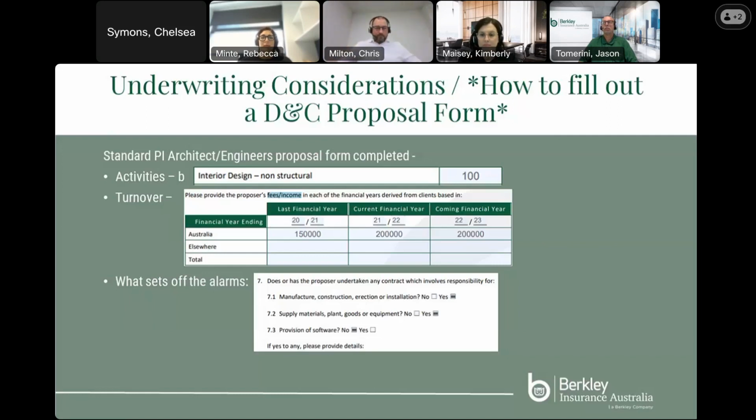So I would say that when you have a client who's currently written under the engineer's PI wording or the architect's wording, you should investigate their activities on a yearly basis just to make sure that the wording you've placed them under initially is still suitable for them. So in this one example that we have here,